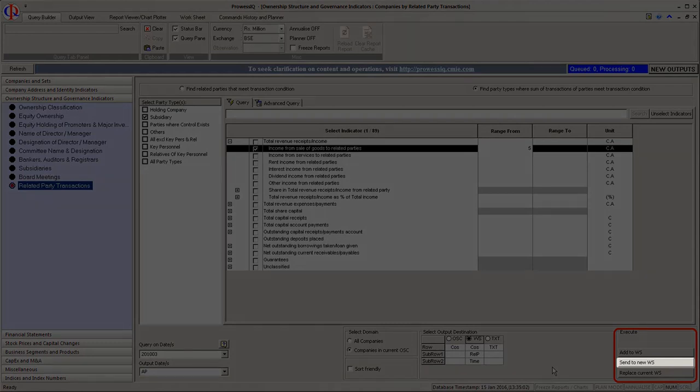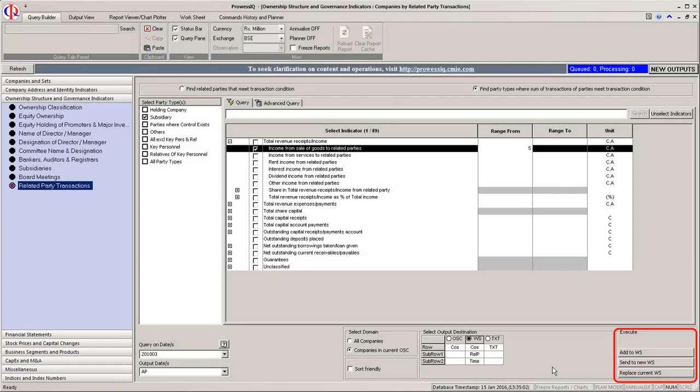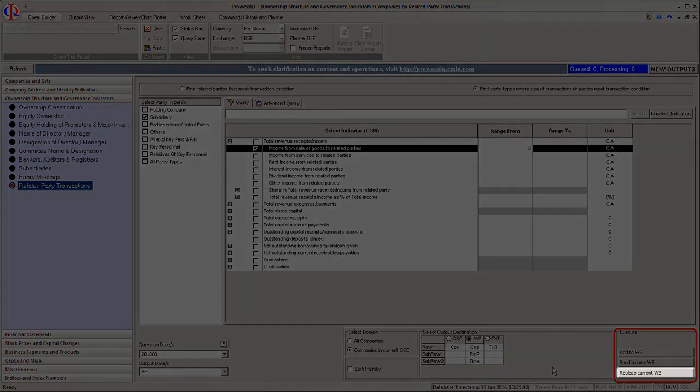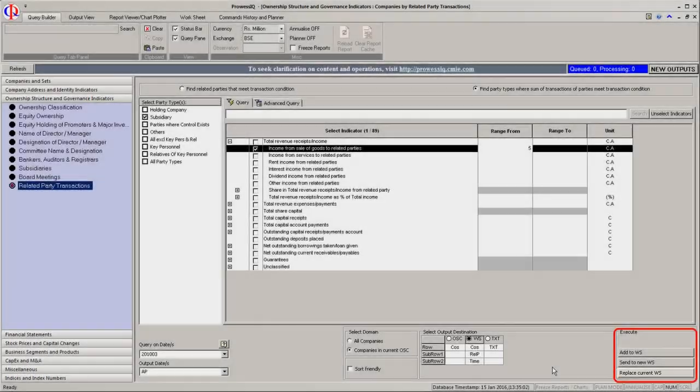Send to new WS will create a new OSC and WS of companies satisfying the criteria specified in the query trigger along with the data. Replace current WS will replace the contents in the current OSC and WS with the company satisfying the criteria specified in the query trigger along with the data.